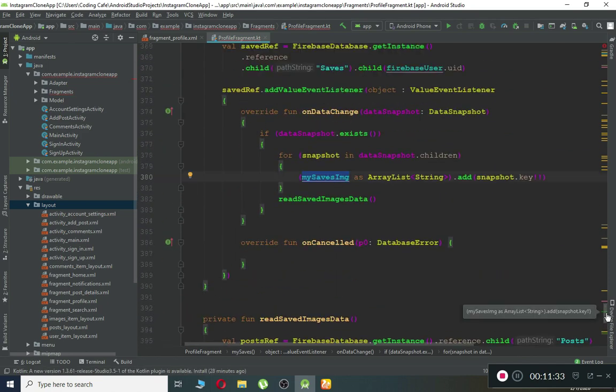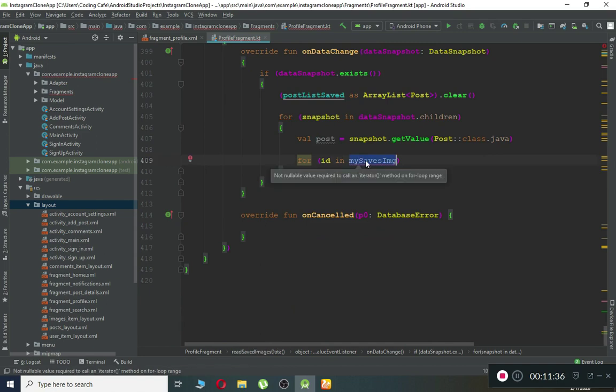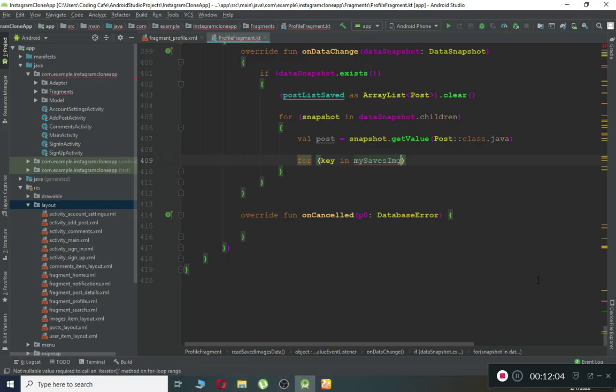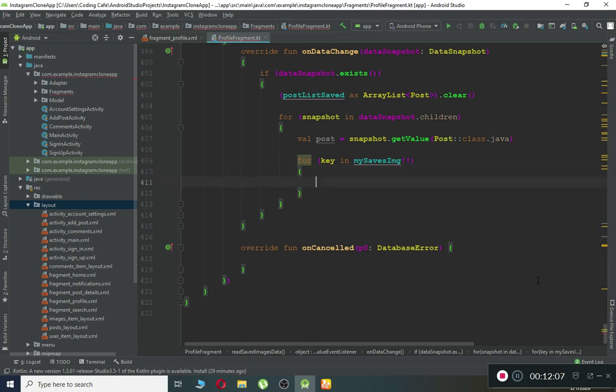Okay, here you can see it. So we have to get each key from this list by using this id. You can give any name to it, that is the key, let's say. So for key in this one, okay, and this is our list, in which we stored the keys in our first function. So now is the time to get each key from it one by one, and by using that key we have to retrieve the information for each key. So we can say, and make sure to add here the non-null call, and then here we can say that if post dot get post id equals this key,